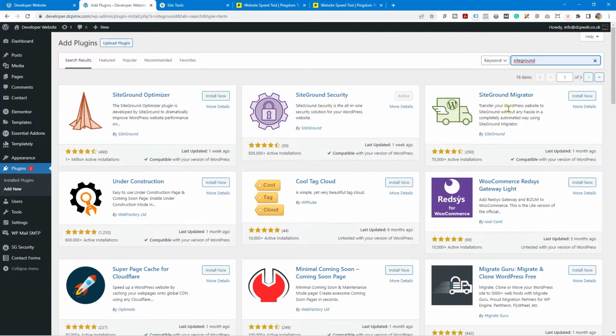If you're hosting your website on another hosting provider and you want to migrate it to SiteGround, this is just an awesome tool. It allows you to migrate websites very easily. I've used this migrator to move websites from other hosting providers to SiteGround. It's literally a couple of mouse clicks. It makes it so simple. But for now, we're going to go ahead and click install on the SiteGround Optimizer,